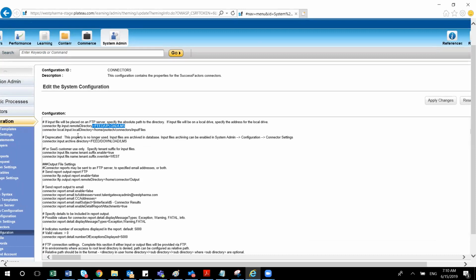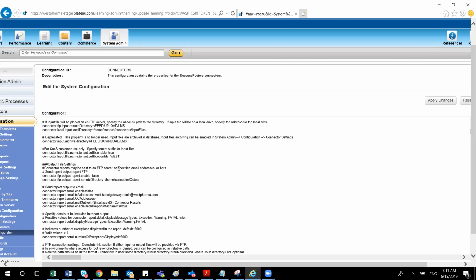Yeah, exactly. So here, this is the directory we maintain. Then, whatever you want to enable, you have to maintain as true. There is a concept of true or false. Whatever you want to enable, you make it a true field. Here I maintained this connector.